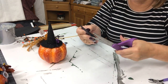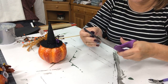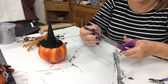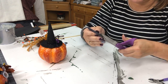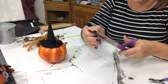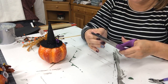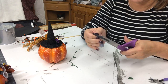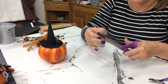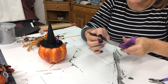I'm just going to cut some little slits in this paper, probably about 1/8 of an inch. Don't want to cut into your fold, you just want to cut along till you get to that fold. Just right before that you're going to want to stop. And of course I've made too many. This girl's gonna have too many